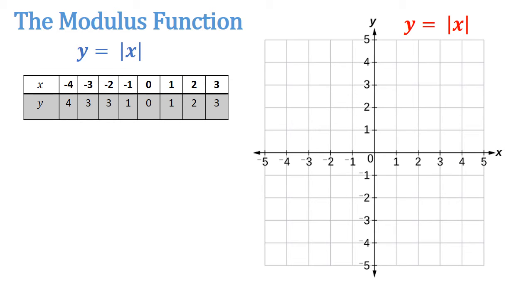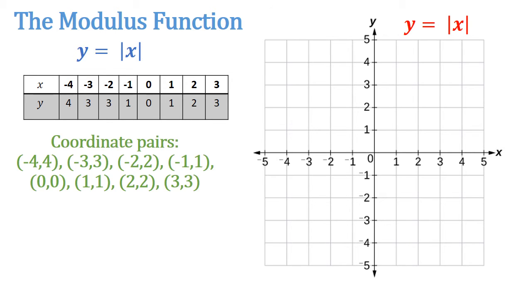Alright, now we'll start drawing. So this is the table we completed, and based on this table we found 8 coordinate pairs, and I'm gonna plot all these 8 pairs on this given xy coordinate plane. So let's begin. I'll start with the origin 0, 0, 1, 1, 2, 2, 3, 3, and let's move on to the negative side. -1, 1, -2, 2, and -3, 3. Alright, we are done with the plotting.